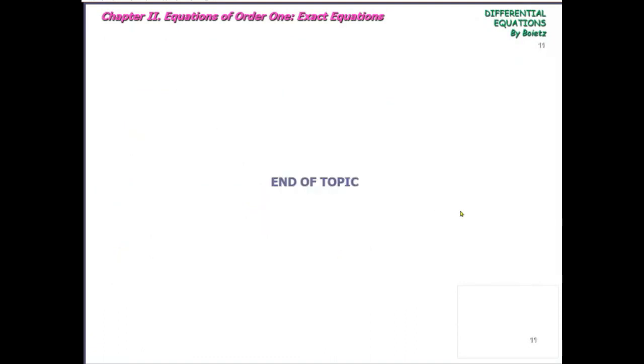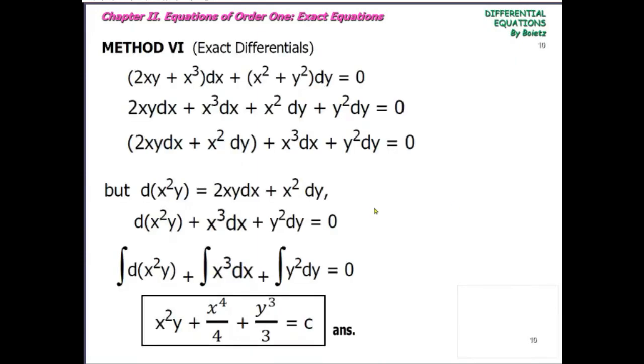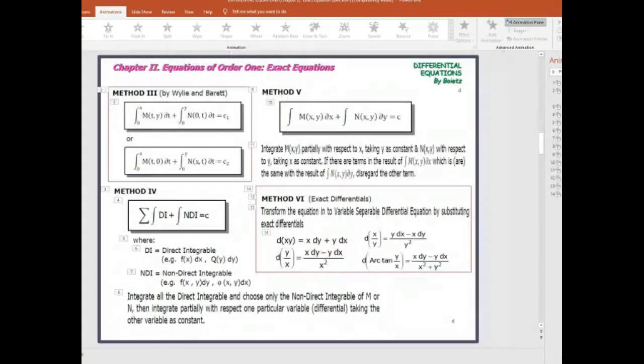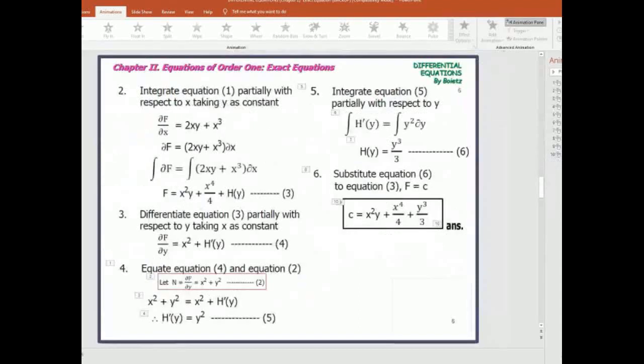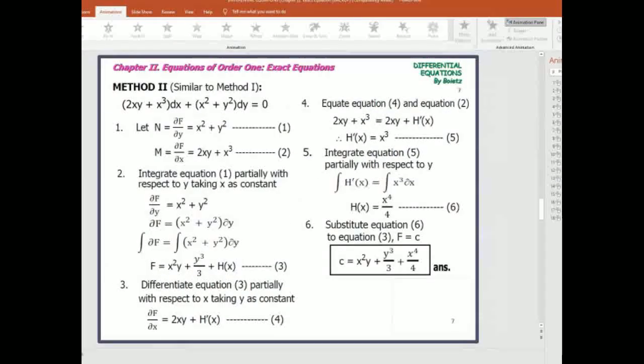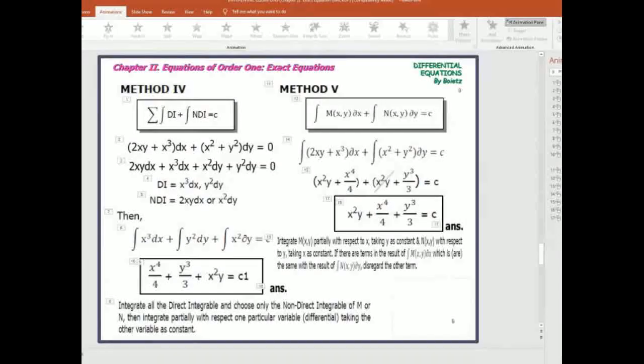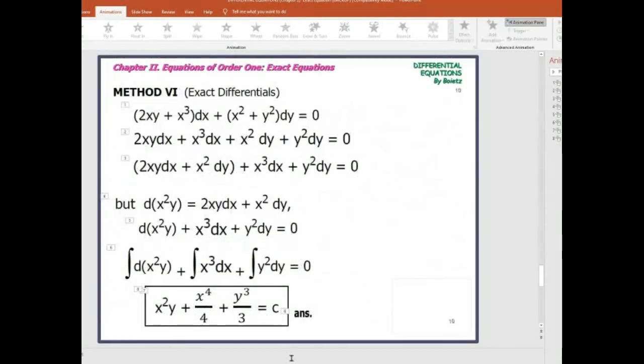Okay? And that is the solution of exact differential equation using 6 methods. Okay? So, 6 methods siya. Okay? Ito siya. I think na-pause ko na naman to. Yun lang, may konting correction lang. Typographical error lang doon. So, ito yung kanyang solution. And then, binigyan ko naman kayo ng